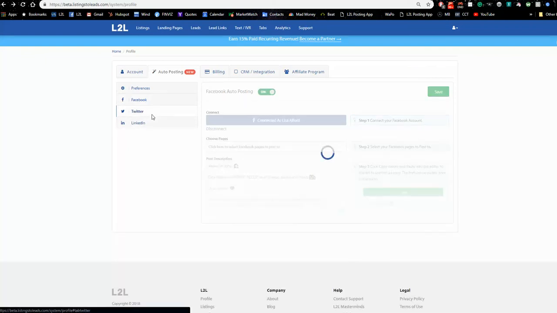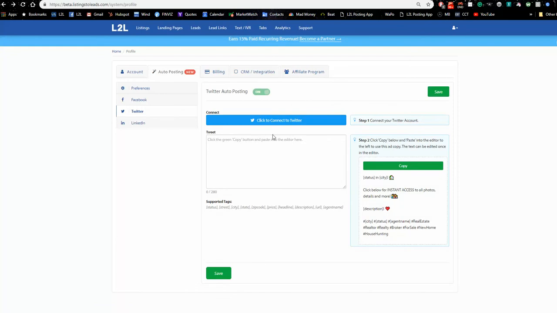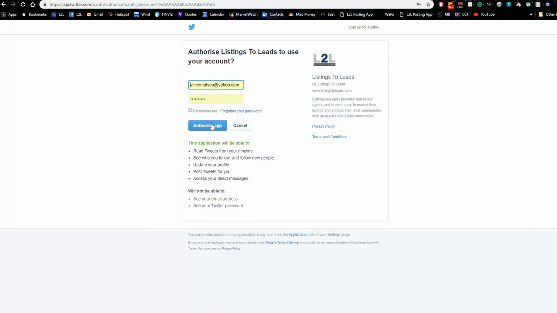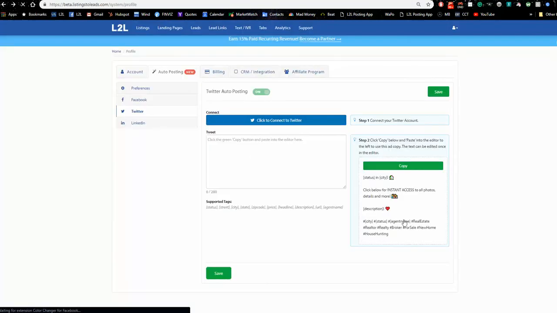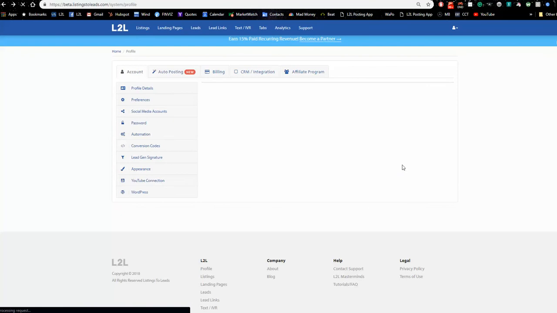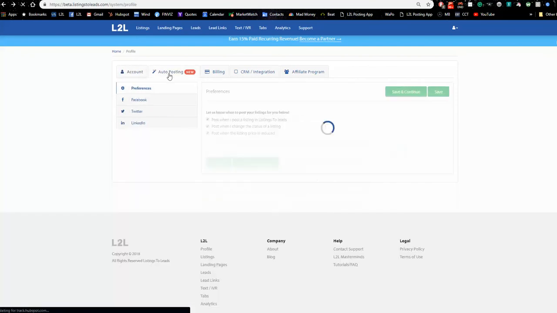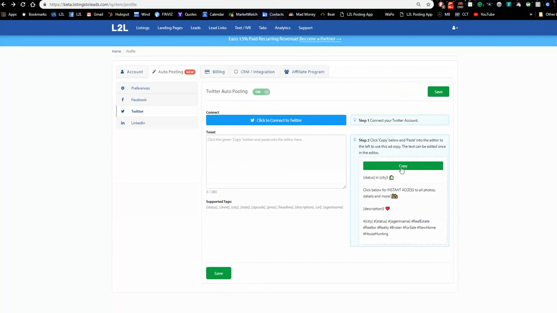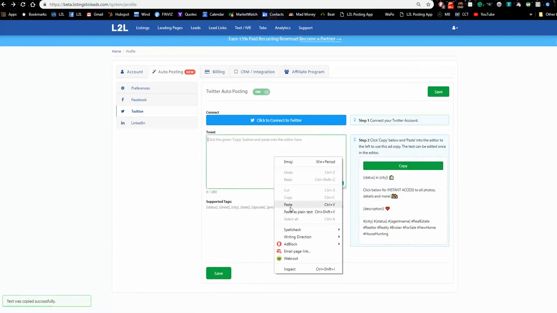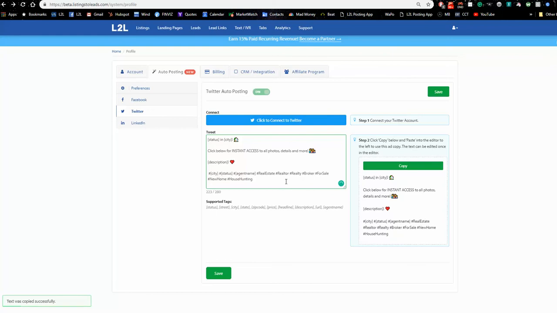But there's also a Twitter page. So you connect to Twitter by clicking Twitter. And once we do that, you got to log into your Twitter account. And then it takes you back to listings to leads. And all you got to do is click copy. Sorry, it always takes you back to the wrong page. Click copy here and paste this here. And these hashtags are very important